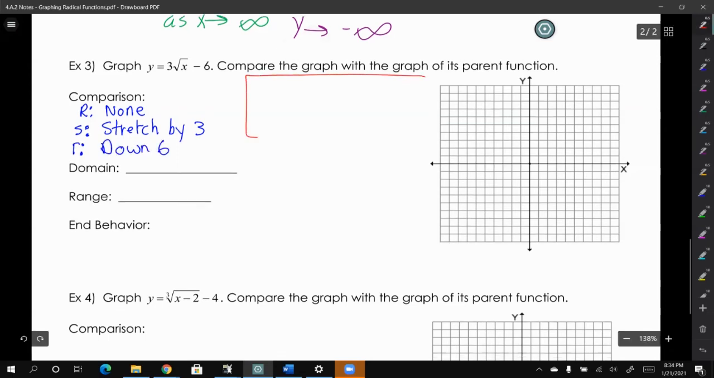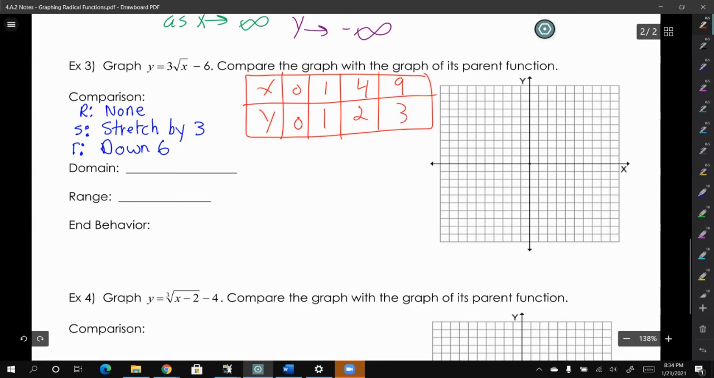All right, so let's make our table. Our square root tables go 0, 1, 4, 9. And then the y values 0, 1, 2, 3. Our third row, we're going to take each y value and multiply it by 3. So 0 times 3 is 0, 1 times 3 is 3, 2 times 3 is 6, and 3 times 3